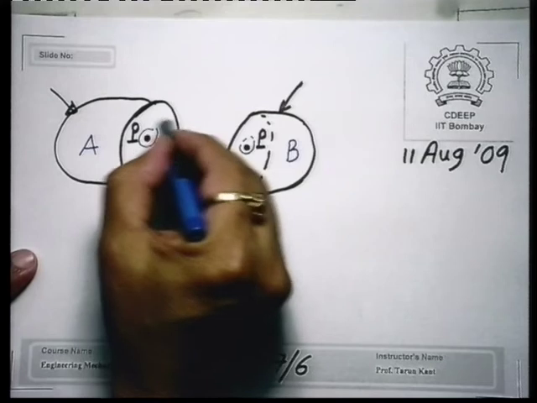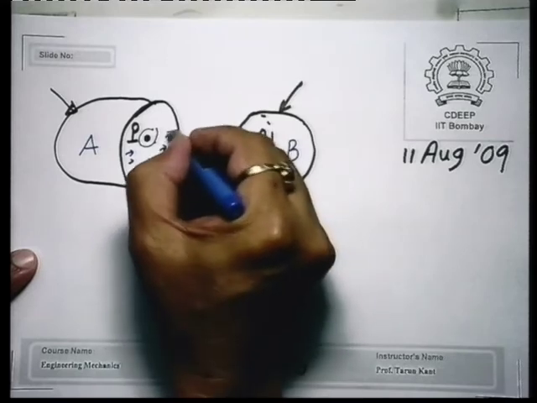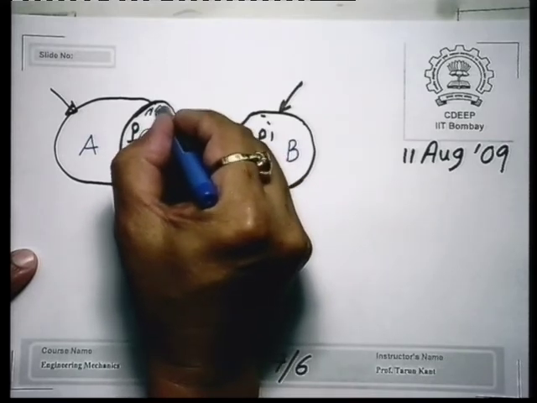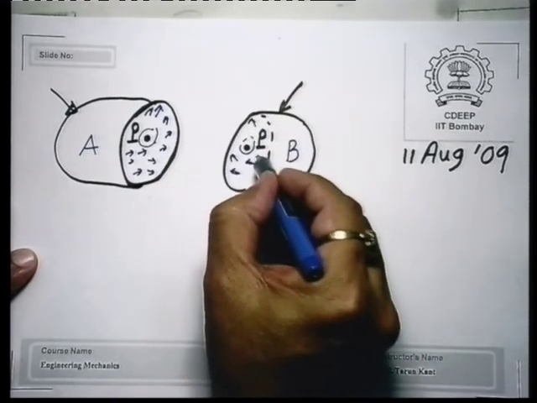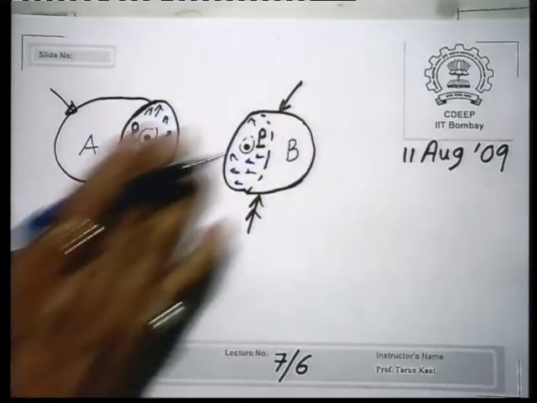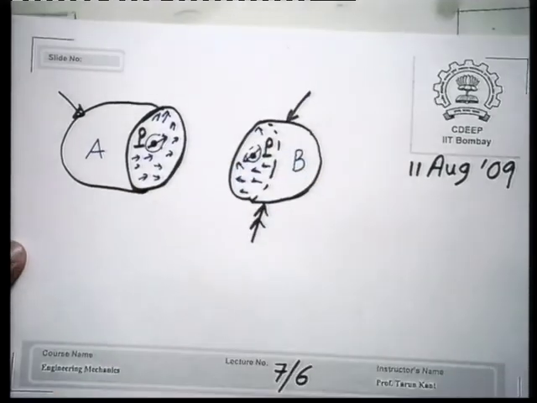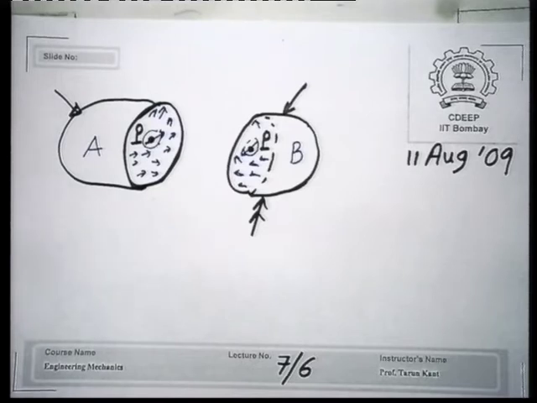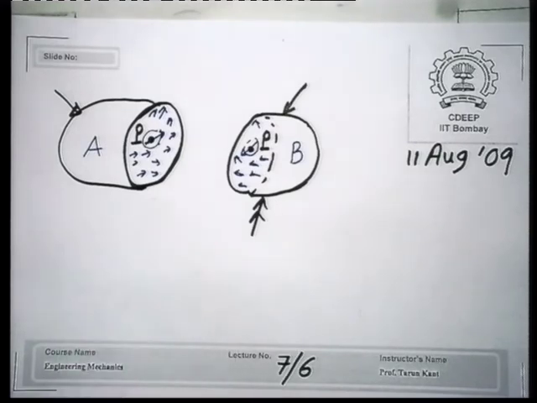So, at every particle here there will be some interaction, in some direction. We are not saying what kind of interaction, but in general, it will be equal and opposite, Newton's third law. If the interaction at a point is like this here, then on the other body it should be equal and opposite, because when you join them together, they must nullify each other. But when you open it, if this force is like this, on this body it should be like this.